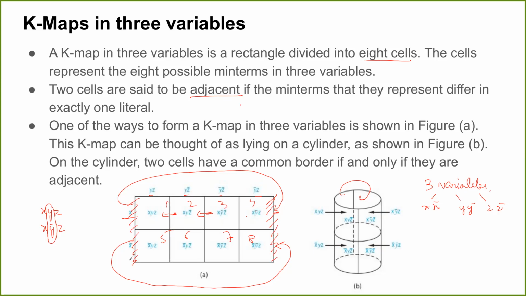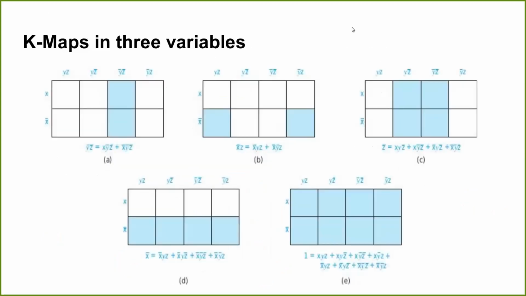Is this clear, how a three variable Karnaugh map is placed and how you find the adjacent cells? We'll move on to examples, but is this clear, class? The visualization of the three variable Karnaugh map is a wraparound. This is a square, and as if you wrap it around like a cylinder, that's how you will find the adjacent cells. Let us see some examples to get a hold of it better.